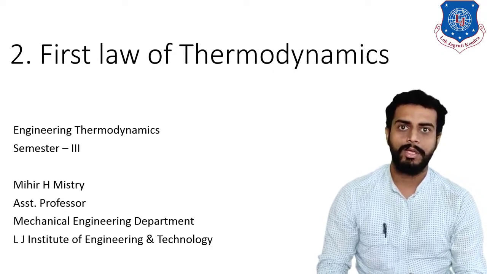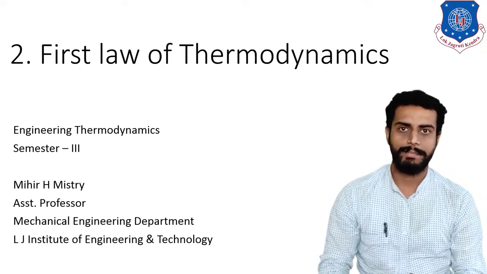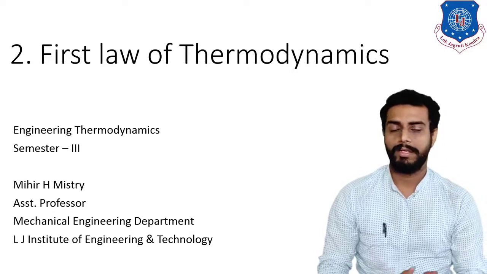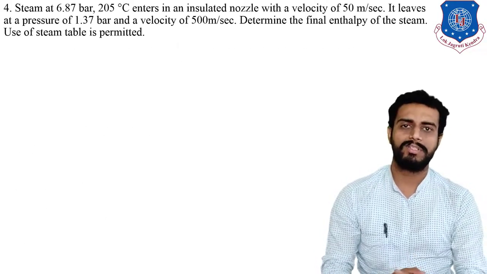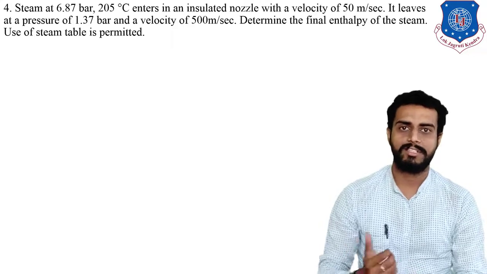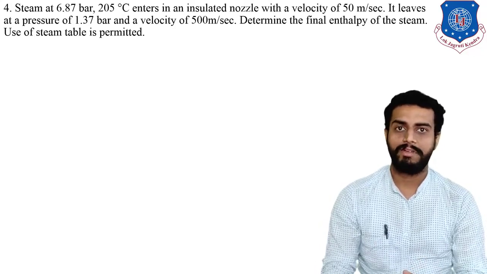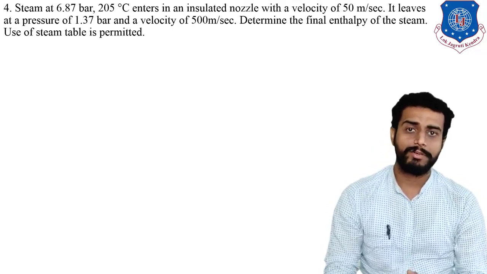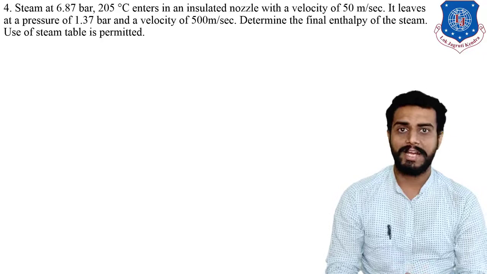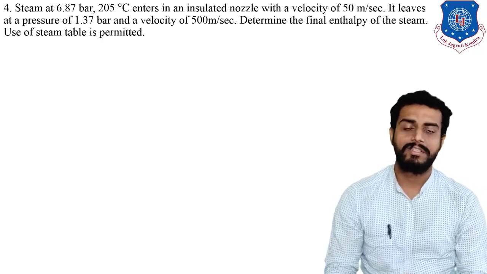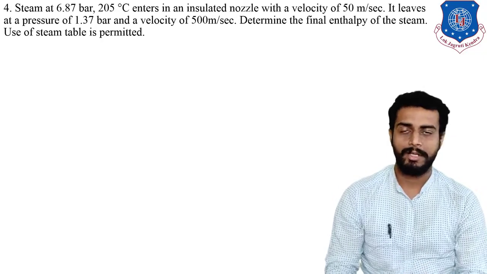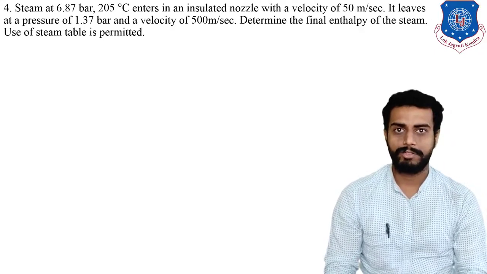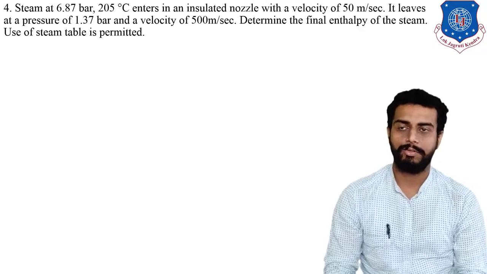So today we are going to continue our session on first law of thermodynamics, and in particular we are going to discuss some numerical. Today we are going to discuss the numerical which will use steam as the fluid. Remember students, when you are using air as the fluid, the problem will be much simpler. But when you are using steam as the fluid, in order to find the enthalpy, you will require the steam table or Mollier diagram. How to read the steam table, a separate lecture is already prepared, so you are advised to visit that lecture first and then follow this lecture.